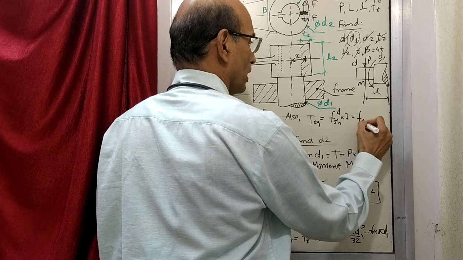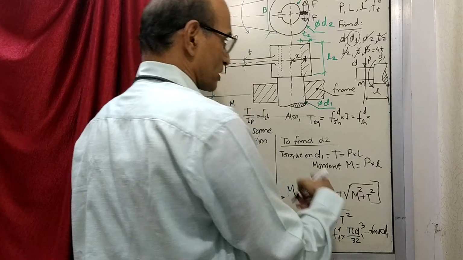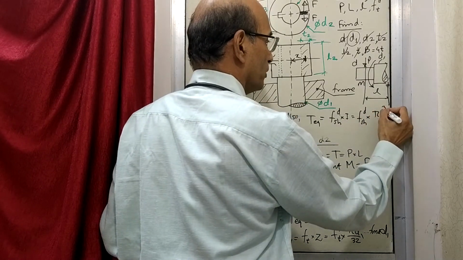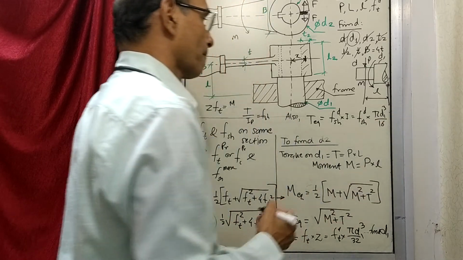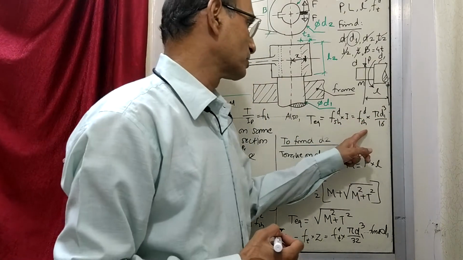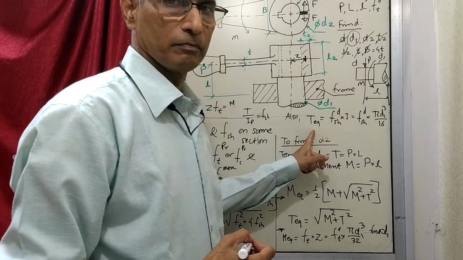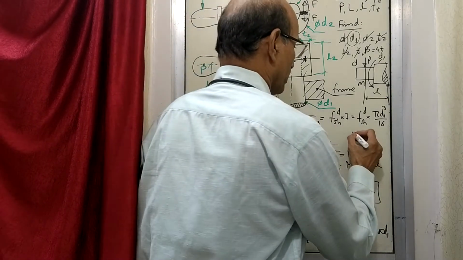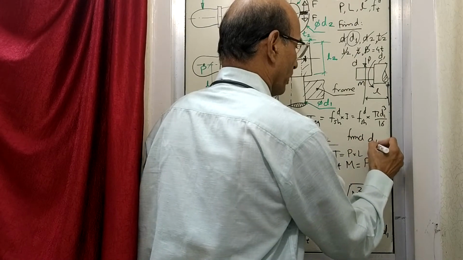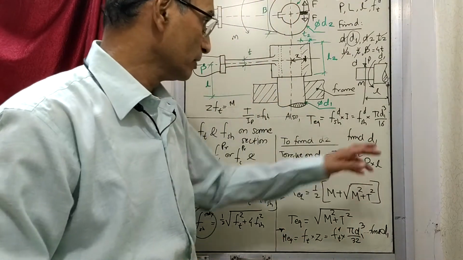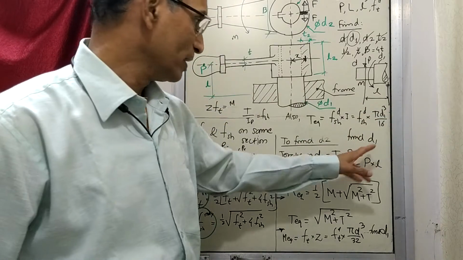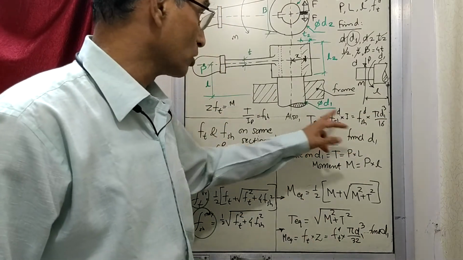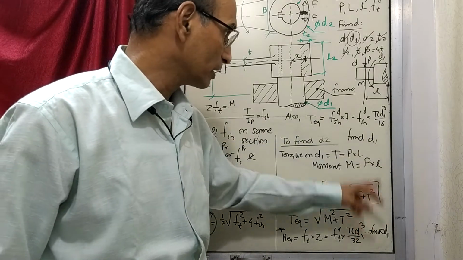So that is equal to F shear design into IP. What is IP for a circular cross section? It is pi d1 cube by 16. So pi d1 cube by 16 into F shear design equal to T equivalent. So from this also you will get one value. Find D1. That means you have designed D1 by two ways. One is considering M equivalent, and considering T equivalent also we have found D1, and we select the maximum of the two.